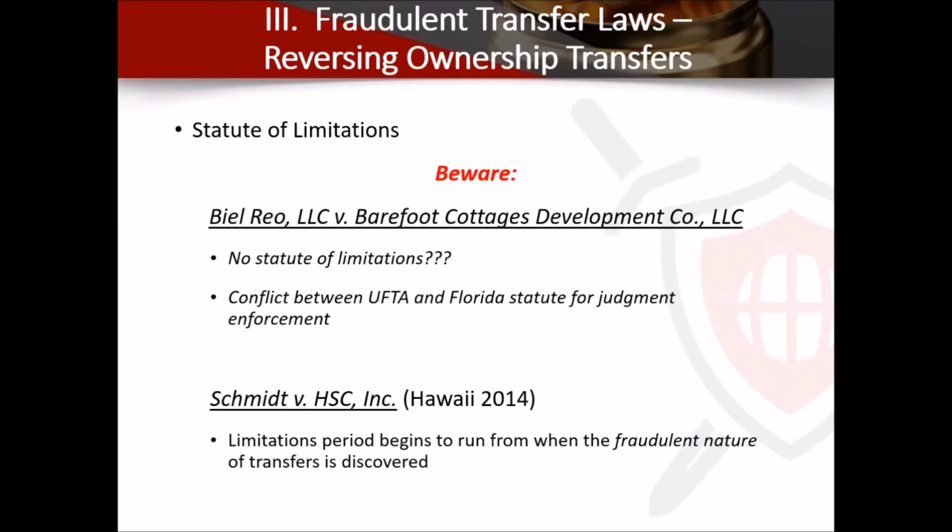So what does this all mean? What it means is when you have a client that does asset protection and has a structure in place, go ahead and send a letter to the bank, to the creditors that says, we've engaged in estate planning or whatever you're doing, and we've done some asset protection planning, and these are the assets that we've put into the structure. Who you have to send that to, we don't know.